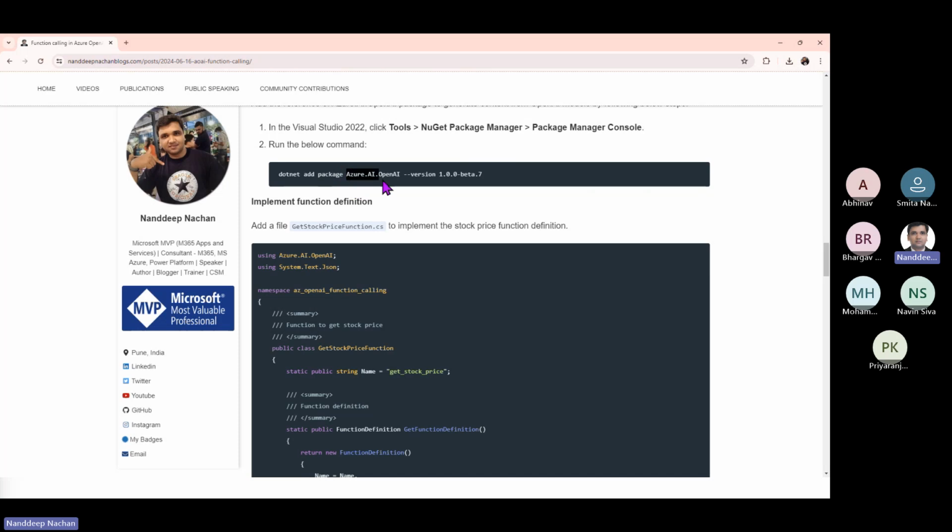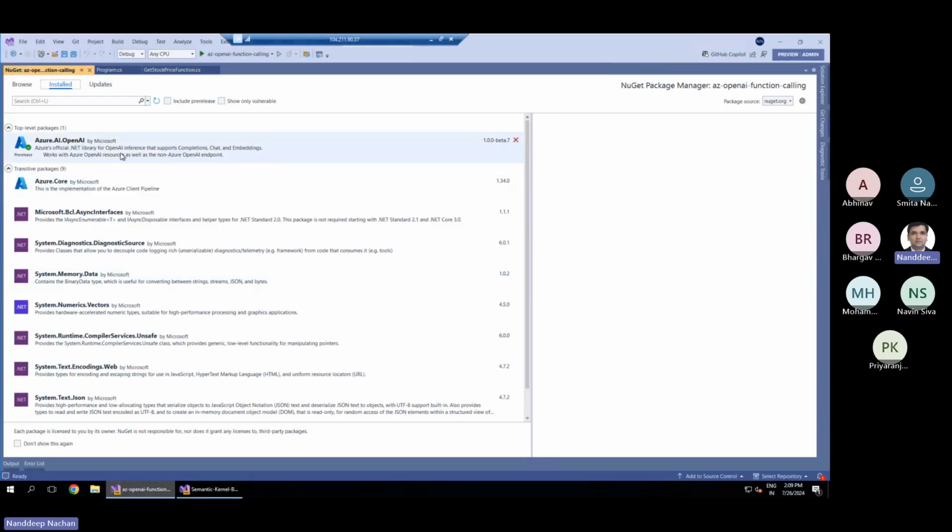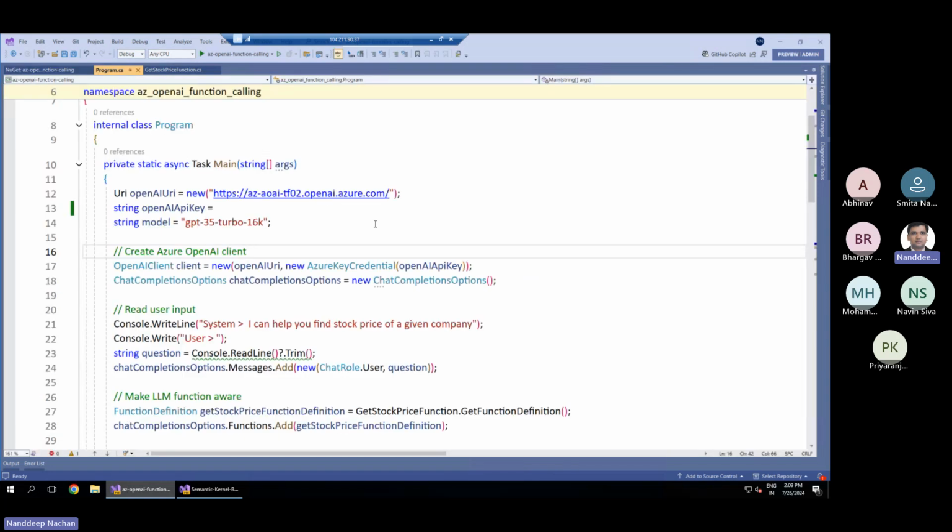So obviously here we are using the Azure.ai.openai NuGet package to do all this magic. This is the package that you can see here, Azure.ai.openai. Now if I go back to the program.cs, we are making an instance of